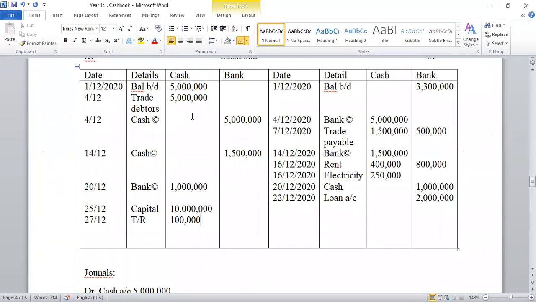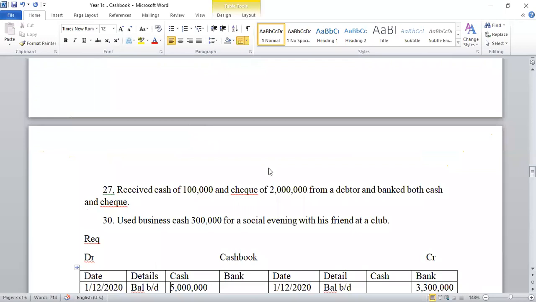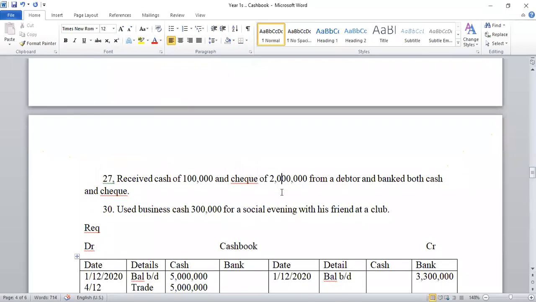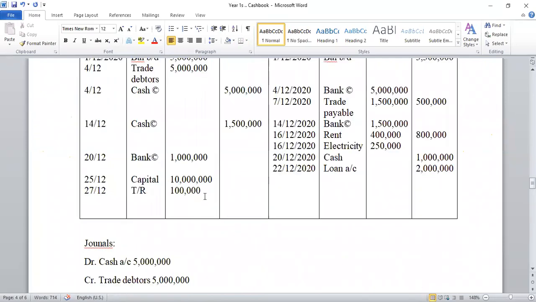Okay. Going forward, then the next part was we received a check. This 2 million check. Now, that's what I was saying. What happens is you will debit cash with 2 million. Okay, where is the money coming from? Of course, the same thing, the trade debtors account or the trade receivables account, or you can say account receivable. Okay, it's the same date. I'm just dealing with the cash transaction, so I'm not interested in what happens in the trade debtors account.